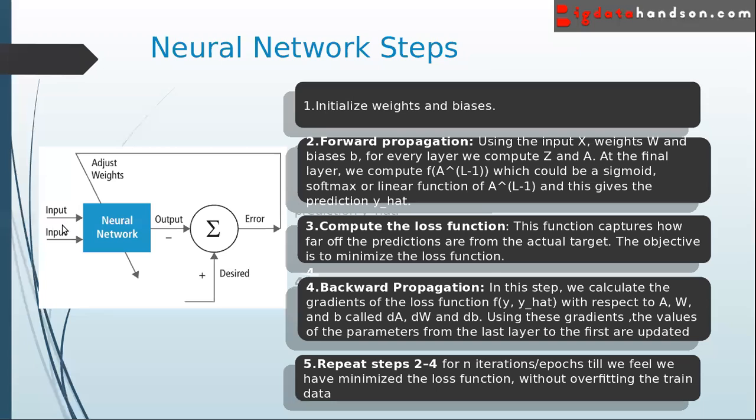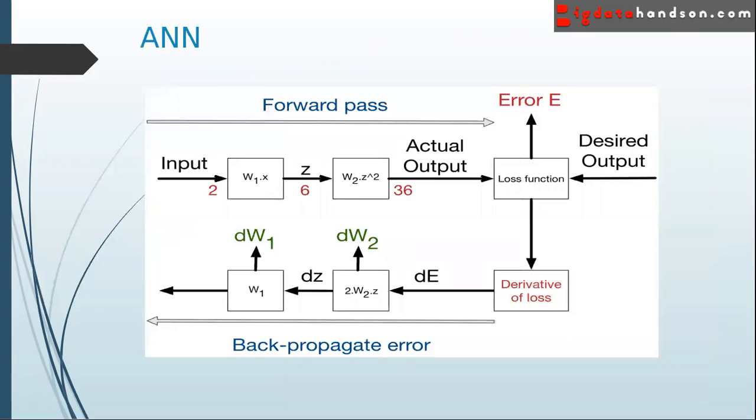In the image you can see we have input features and this is the neural network, which gives an output. For this output we'll calculate the error. Then we go to the back propagation, adjust the weights, train again, give the output, and calculate the error. We do this process until we get the minimum loss. This is how the neural network automatically improves its performance. This image also explains the same.